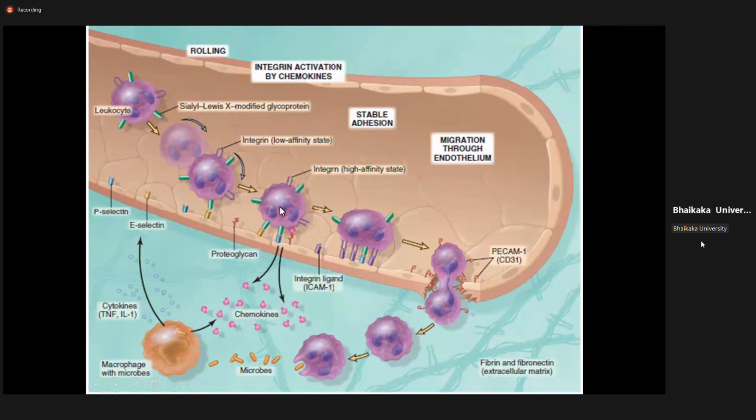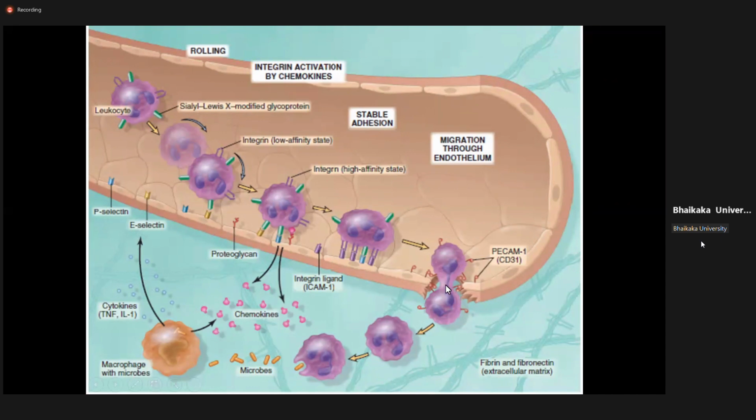The change which is caused by these chemokines is that integrins which are in a low affinity state are converted into a high affinity state by the reaction of chemokines with the leukocytes. And this integrin-mediated adhesion is firm in nature. After that, the cell cannot move or roll on the endothelial cell surface, followed by transmigration of this particular cell through